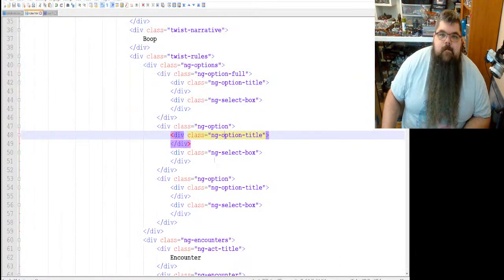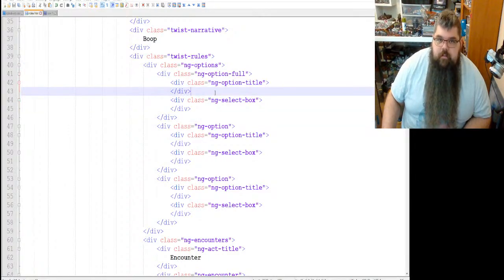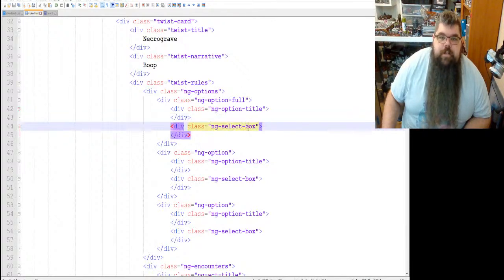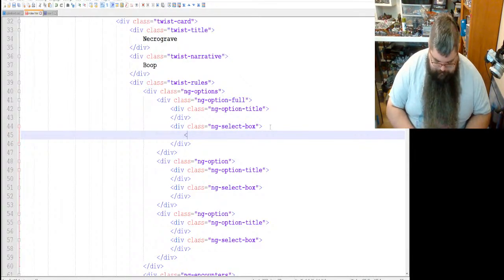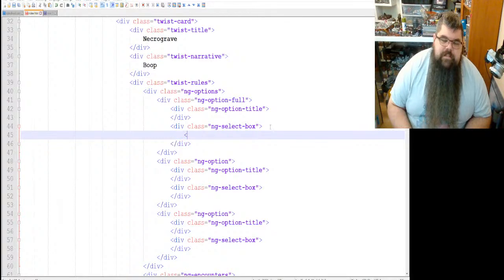Now, let's get it styled a little bit, and then we will go from there. Okay, so in this top option, we're going to have a select box. Select. Do we want select? Is that right?